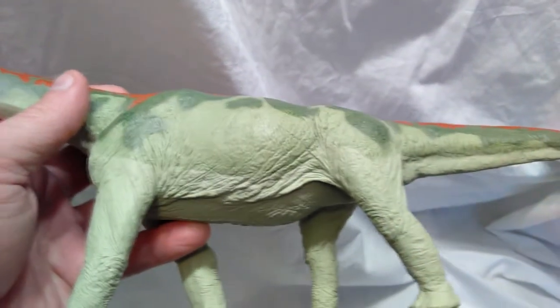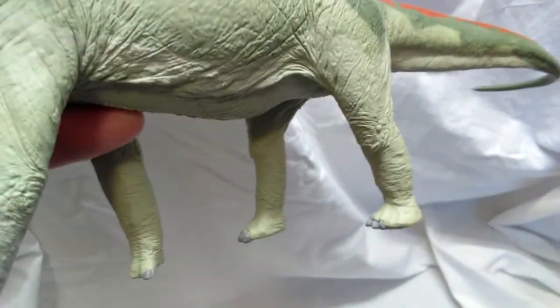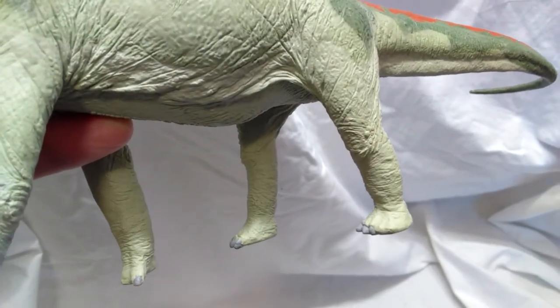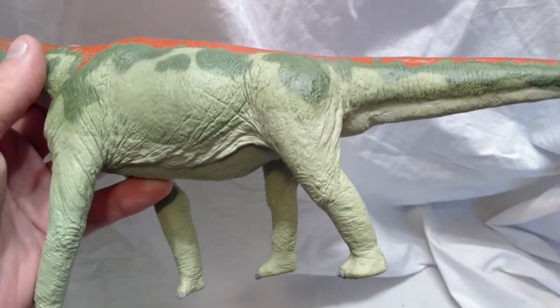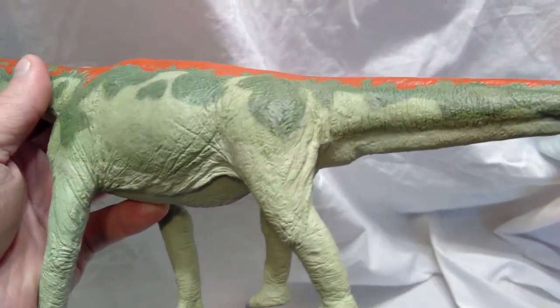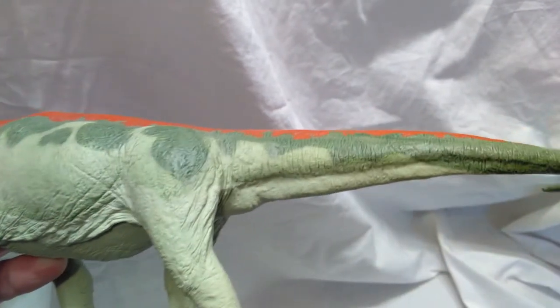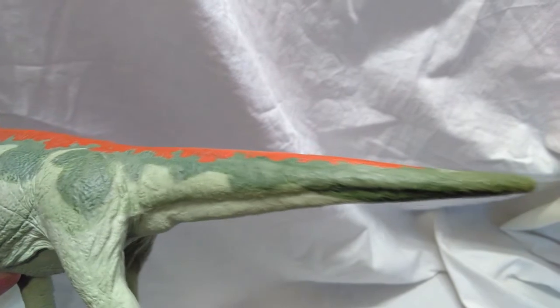Looking down here at the underbelly, you can also see some very nicely done sculpt work as far as the scales and the whole tone of the body looks. Beautifully carved kneecaps. You can see on the back legs here. You can also see this here on the front legs, on the back of the legs. And then this nice big tail, which I think maybe, I'm not really sure how big the Brachiosaurus's tail